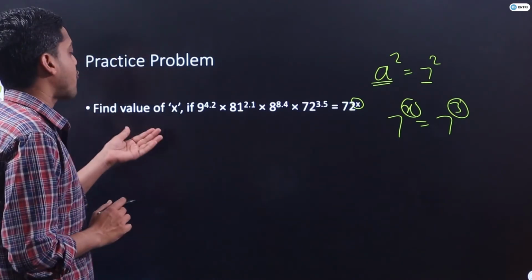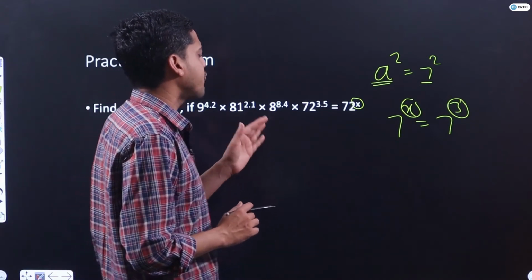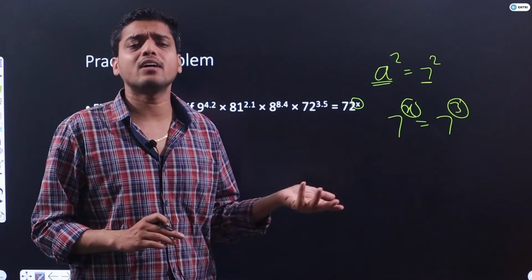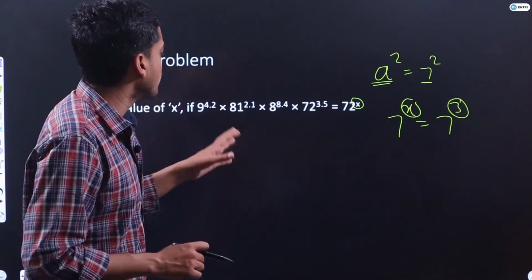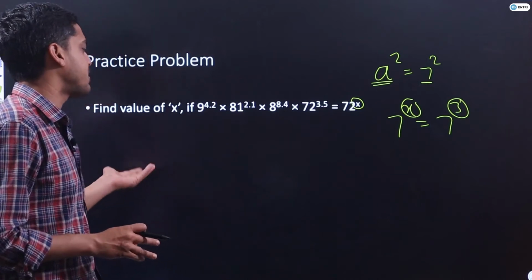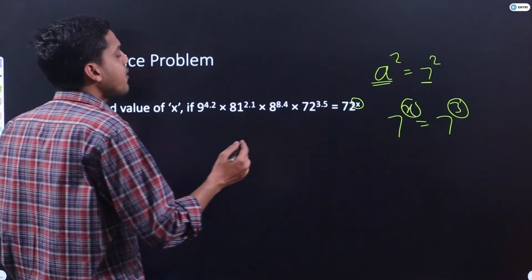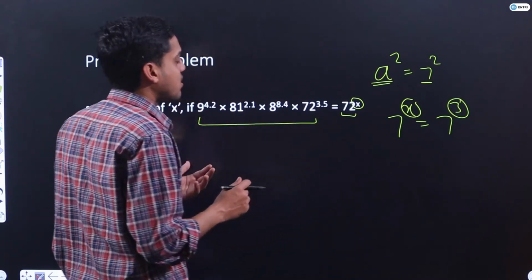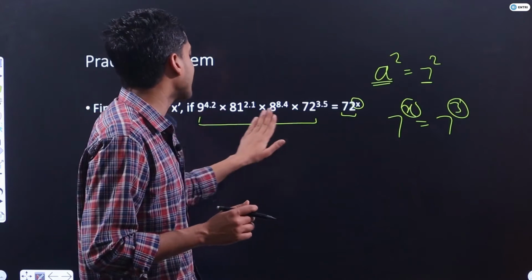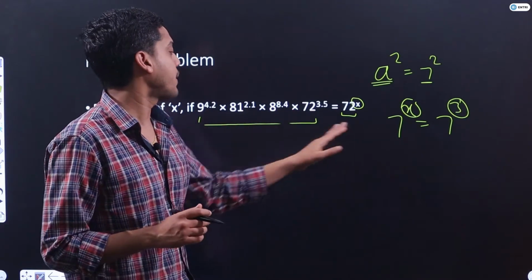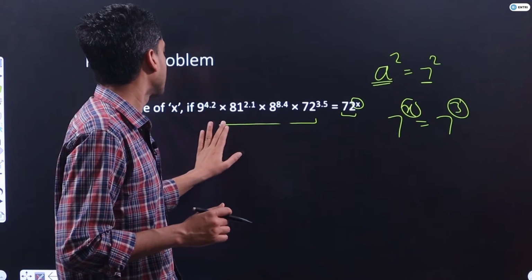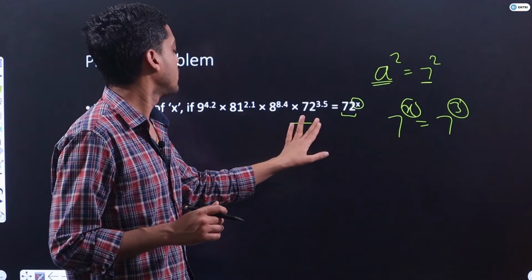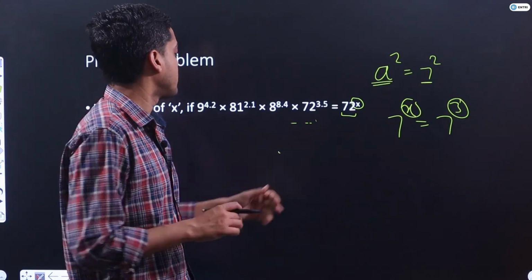So here we have to find out the value of x. What we should try, guys? Either we can go for the logarithm as well, but it will make things very complicated. So what we are doing, we will use a simple concept of surds and indices. You will come to know, sir, if there is 72 on the right side, so here in the LHS also I should maintain 72, so that I can compare the powers like I have compared here. One second.